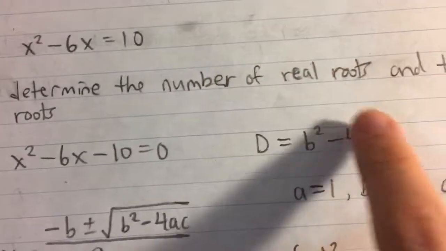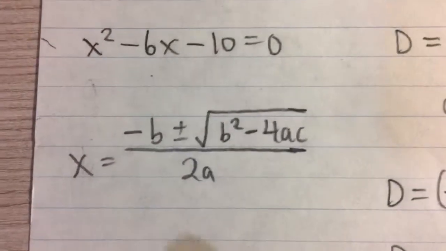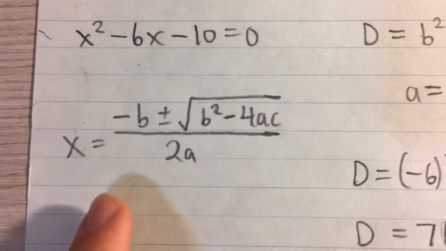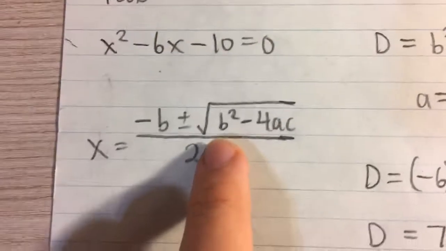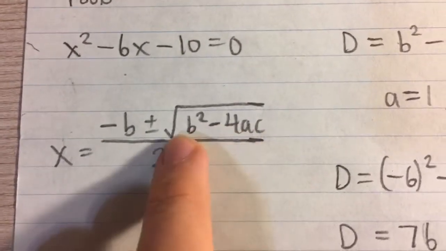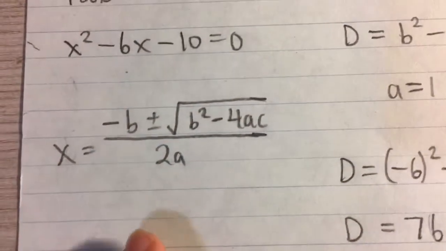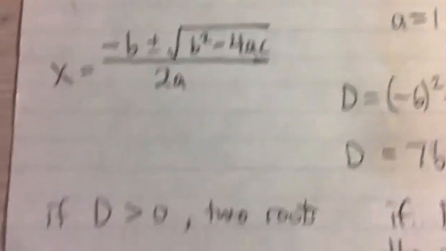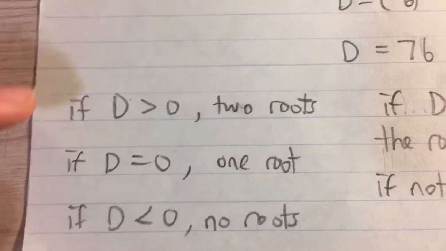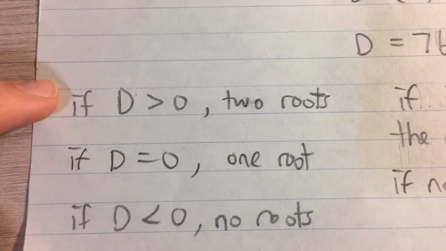Now to find the number of real roots and the type of roots, what we have to do is use the discriminant. That's what it's called. And basically it's just the inside of the square root sign in the quadratic formula, if you recognize this as the quadratic formula. And there's a couple of rules here, in that if the discriminant is greater than 0, there